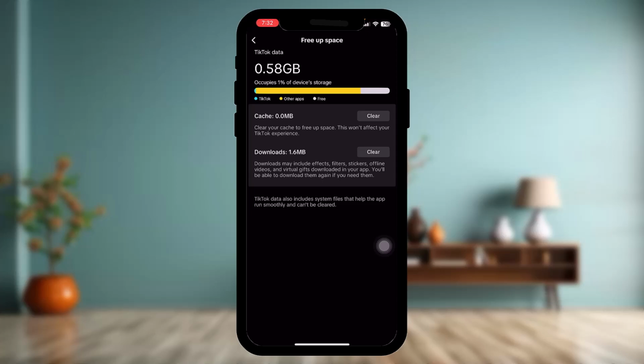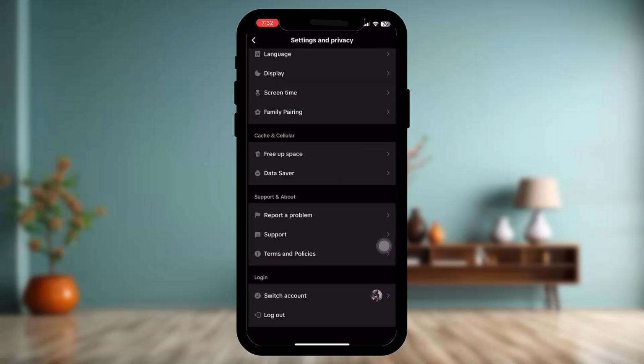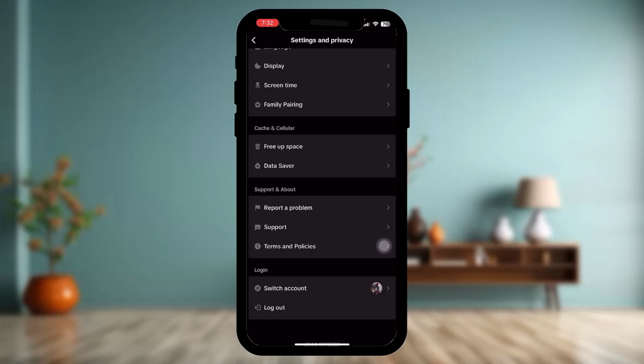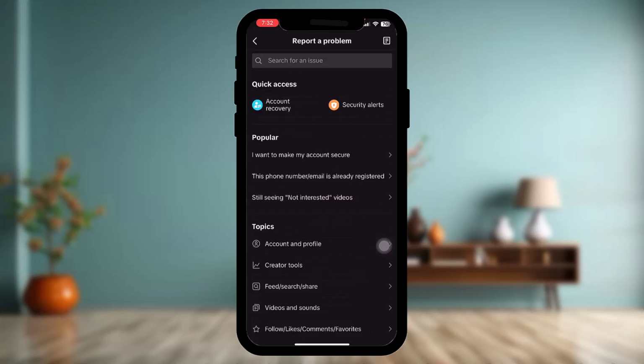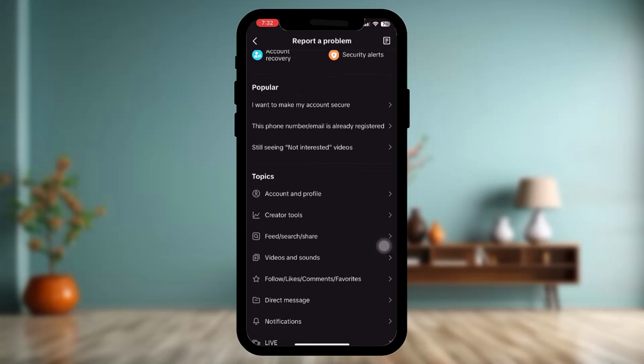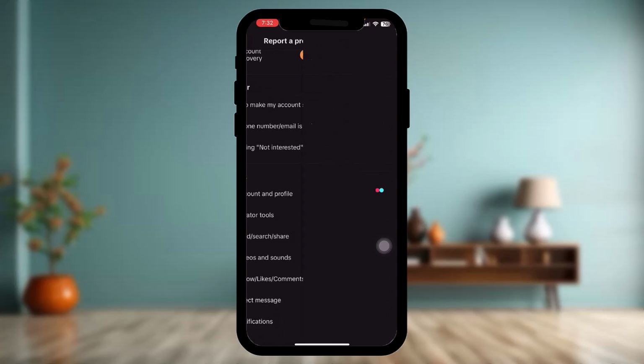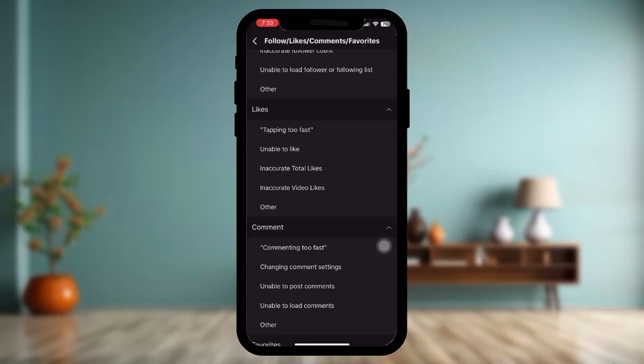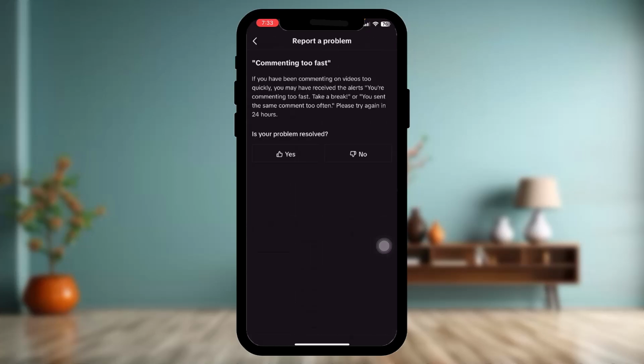And once you have done with that, now the next thing that you need to do is go back to the settings and privacy, and then tap on report a problem. Now all you gotta do is scroll down and then tap on follow, likes, comments and favorites. And once you're inside here, tap on comment and commenting too fast,